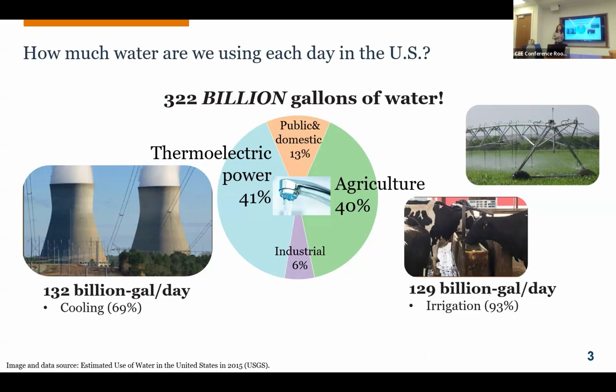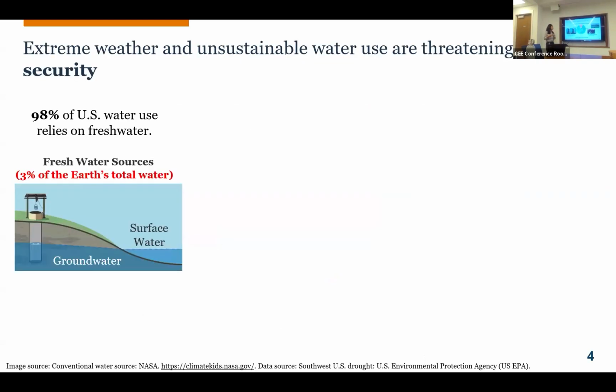This is a tremendous amount of water, and if you count how much water we are using per person per day, that accounts for 2,000 gallons of water. So where do we find this amount of water that sustains our life? We need to find it so that we can have food, we have energy, and we have water for our daily life. So right now, 98% of water resources are from fresh water, which only accounts for 3% of